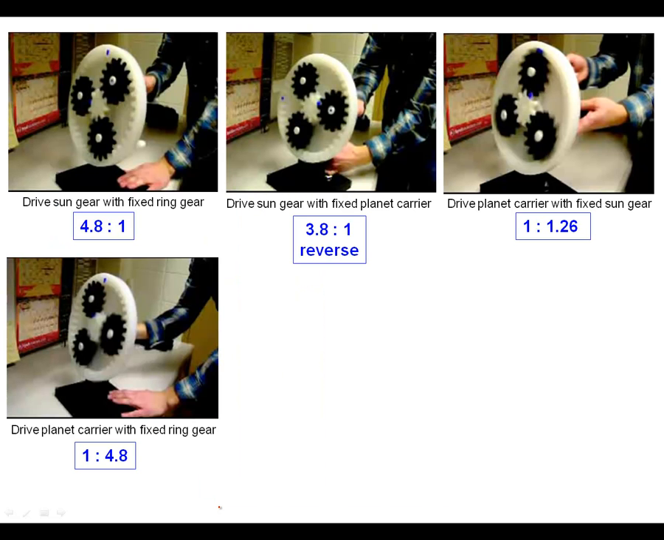So let's take a look at some of the benefits of a planetary gear system. A planetary gear system allows you to have multiple different gear ratios based on which of those items are held fixed and which are driven. For instance, if I were to hold the ring gear fixed and drive the sun gear,